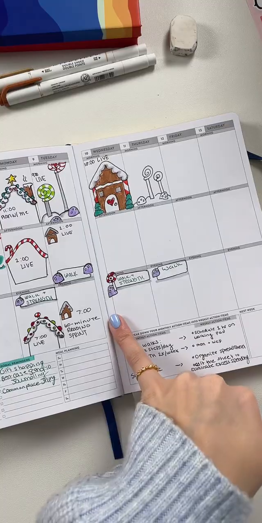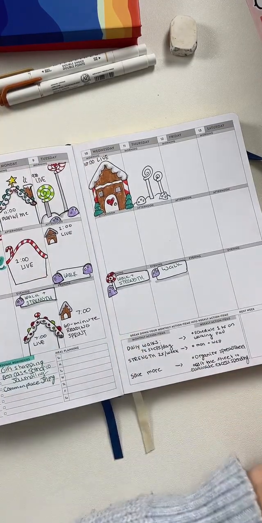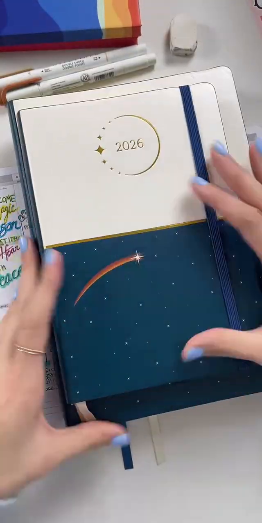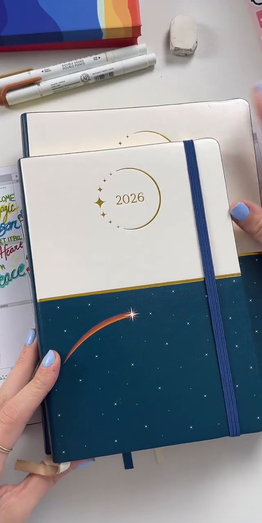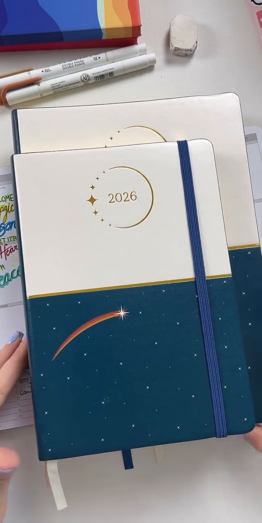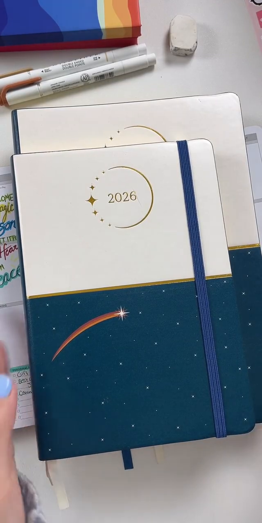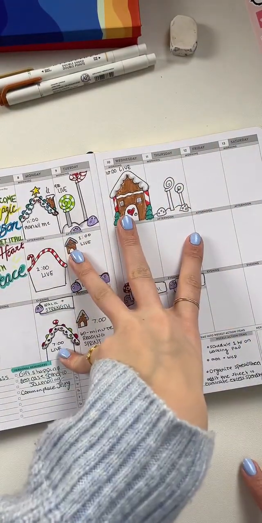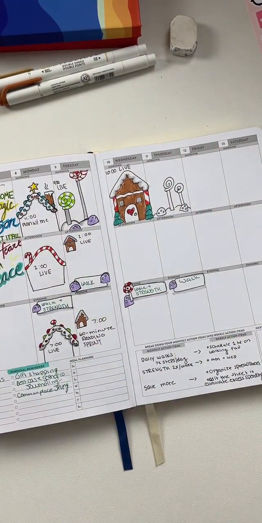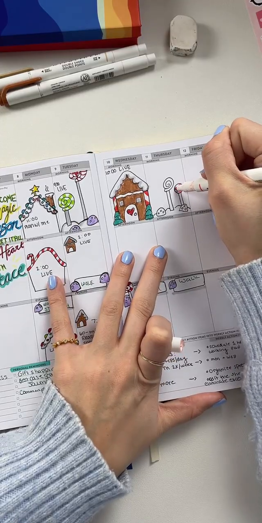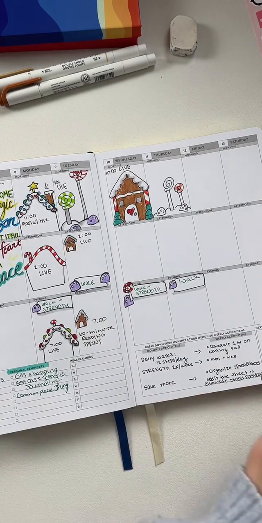Hey, Yaya. So this one right here is the A5. We have two options available for you. We have the A5 and a B5. So just so you can see that size reference, this is going to be the B5 in the back. Think B for bigger, which is 6.9 inches by 9.8 inches. And A5 in the front, which is 5.8 inches by 8.3 inches. So there's two different size options here for you today. The one that's currently on the table is the A5. That is the one that we're filling out together. Which size are you leaning towards? A smaller or a larger?